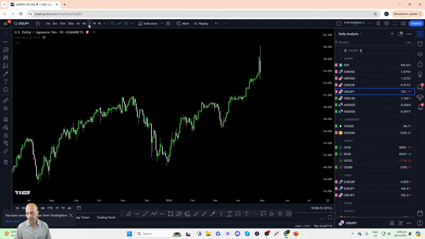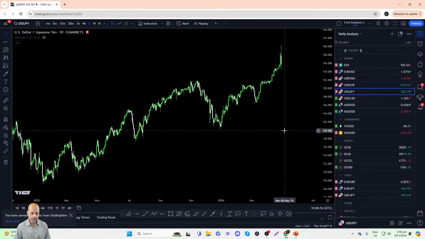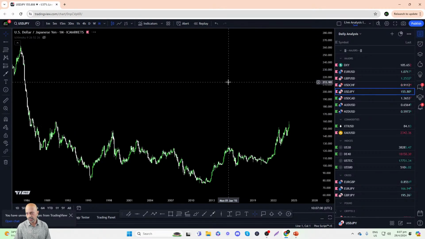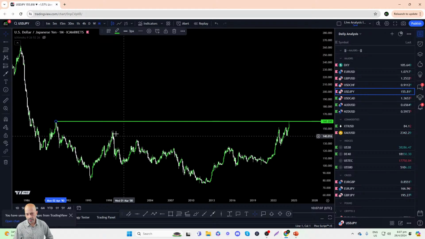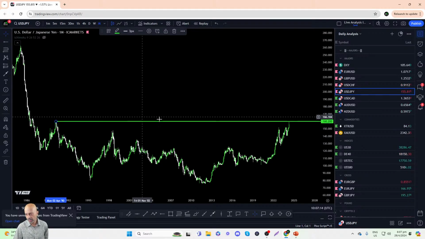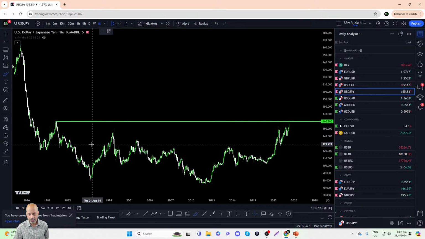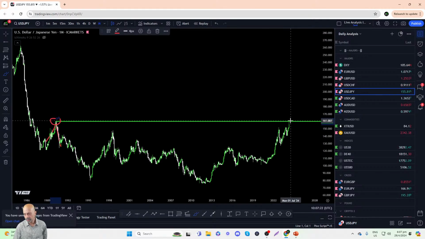Yeah. All right, so once again, to truly appreciate how strong this move in dollar yen has been, dollar yen is actually trading at a 30-year high, right? So the last time the dollar yen was trading around 160, it was back in April of 1990. So dollar yen is trading at a 34-year high, right? You can see previously this was a significant swing high resistance back in March and April of 1990, which is where price does seem to have stalled, right?